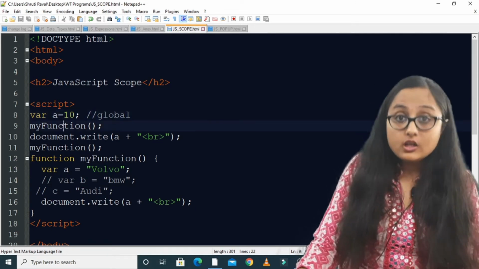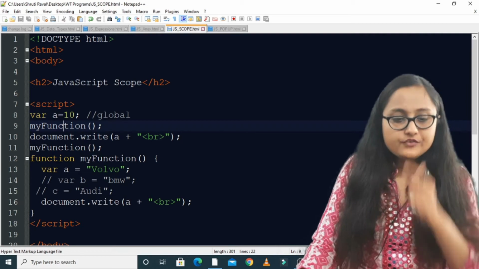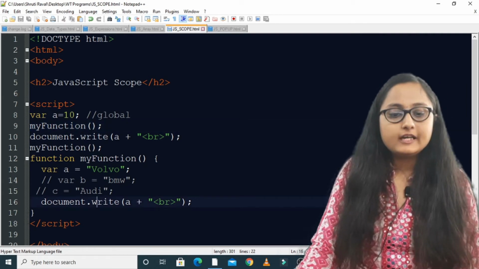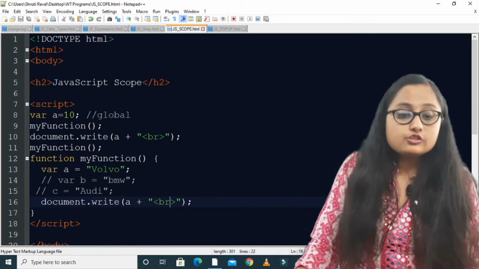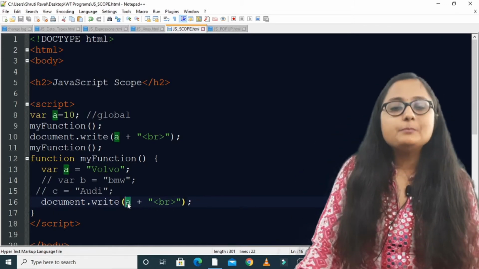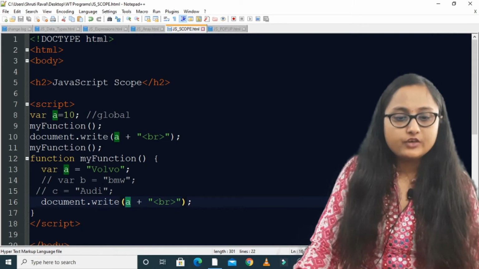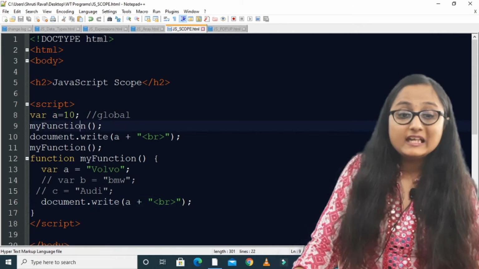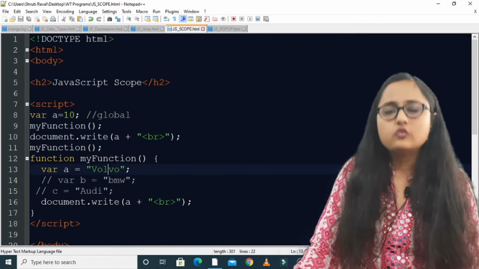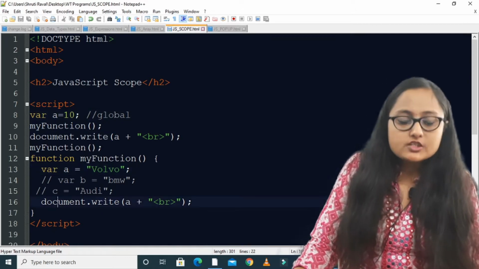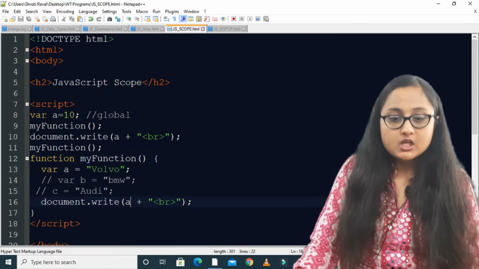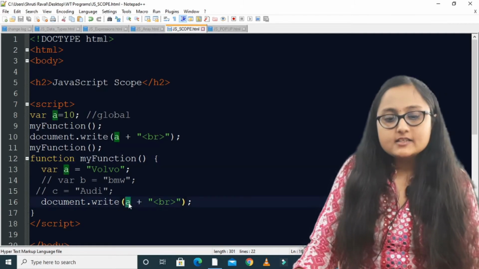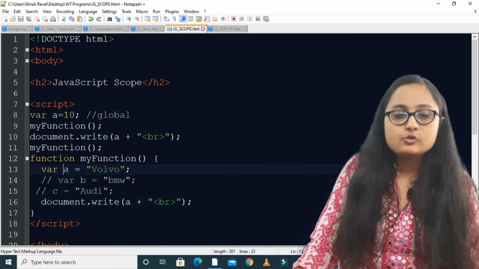Now when you call this function, inside the function you can see document.write, what have I written? a plus I have broken the line, right? So what will be displayed when I call my function? What do you think? Will 10 be displayed or Volvo be displayed? Because document.write is written inside the function, the scope that this a variable will take is local scope.